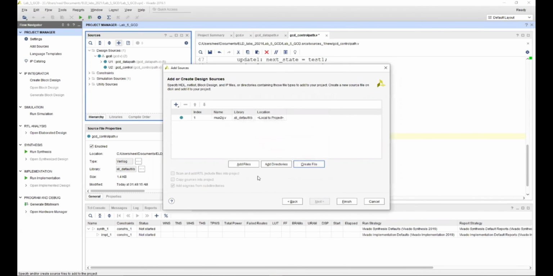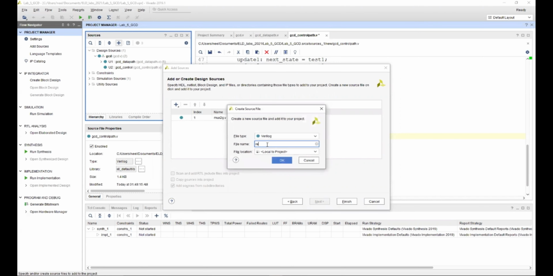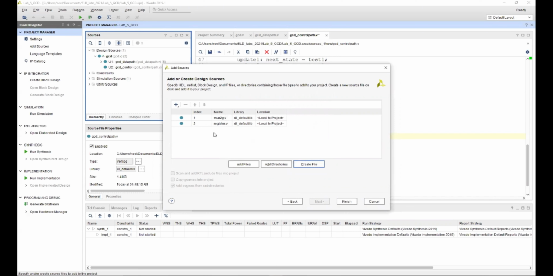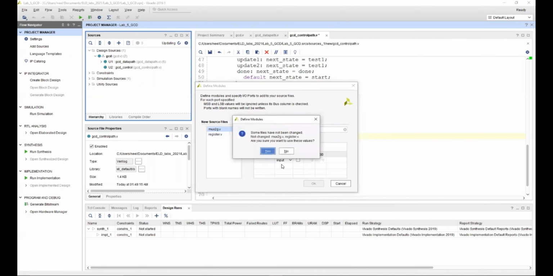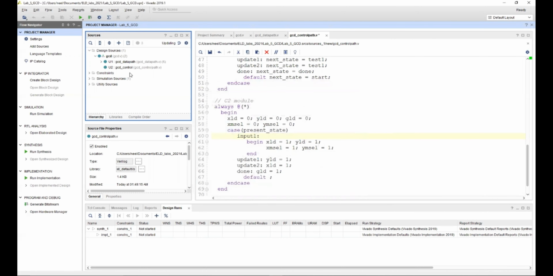So you can refer to this code whenever you need to design a mux and register. These are important things that you need to learn, how to design mux and register. These are very basic, but yeah. So let's just finish. Now, let's not determine the inputs and outputs right now. We'll handle that later.